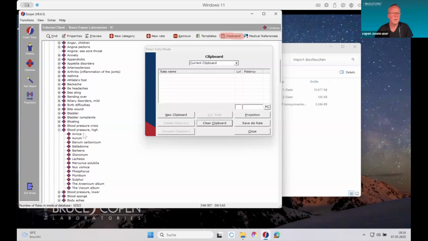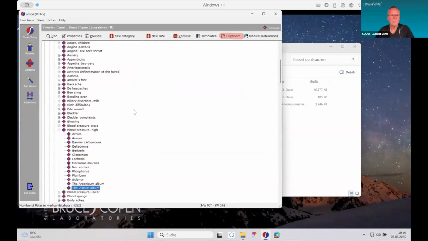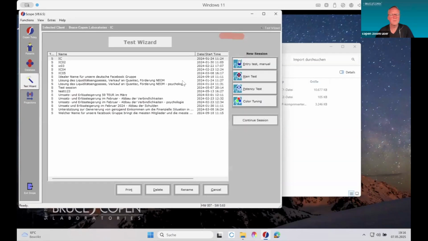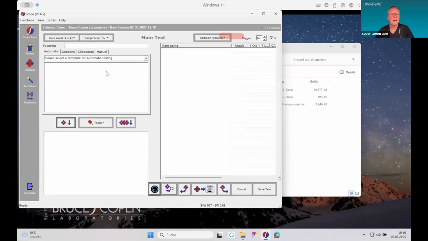So you could go into that section here, and by double clicking on the various items, add them to a clipboard. Once I've done that, I could just now click close, go to the test wizard, go to the main test,